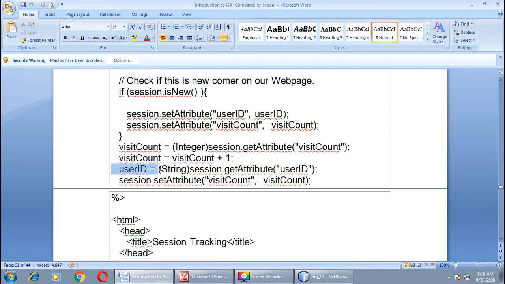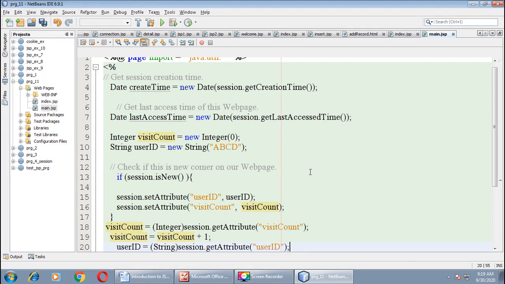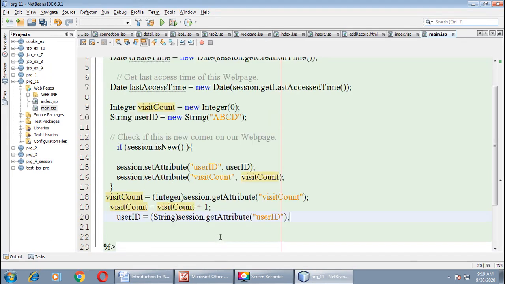In the next line, user ID equals getAttribute user ID, whatever is stored in the session as user ID, that we want to access over here. With the help of the getAttribute method we can access that value, right? And that we will assign to user ID.